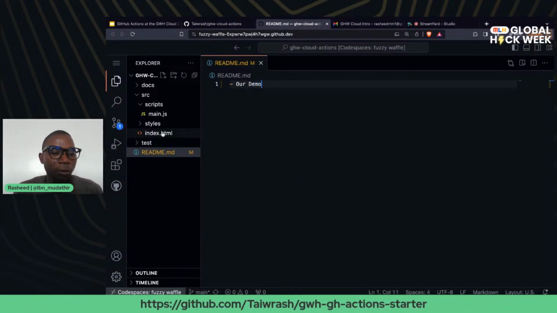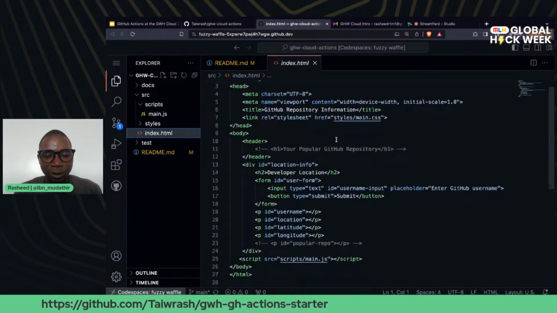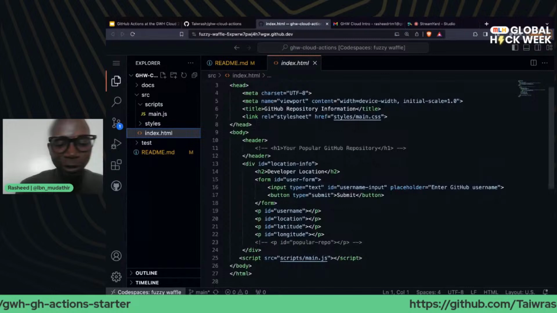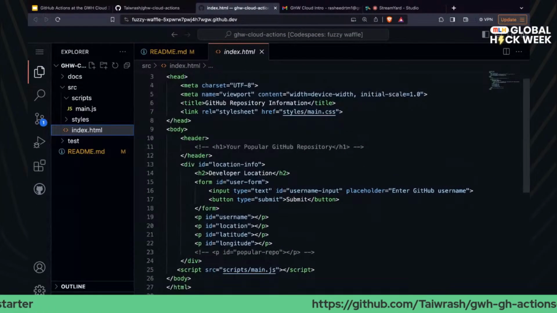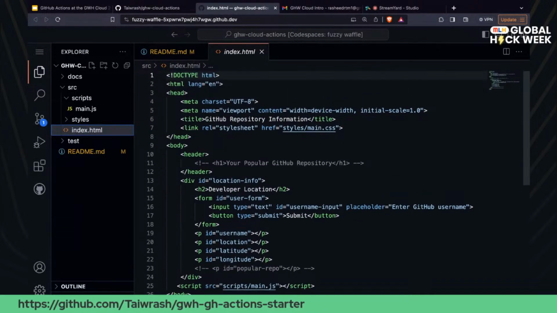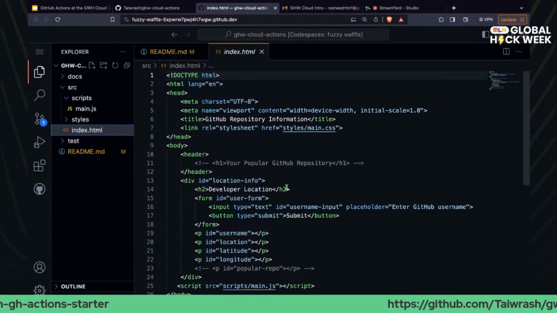So let's see what this particular project is doing in a bit. It's basically displaying the location of a developer by leveraging the GitHub API. So we'll be using the GitHub API to pull out the location that you put in your profile. If you don't have that, we'll display something else for you.